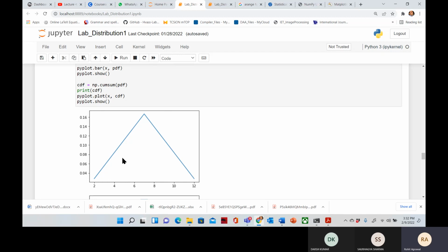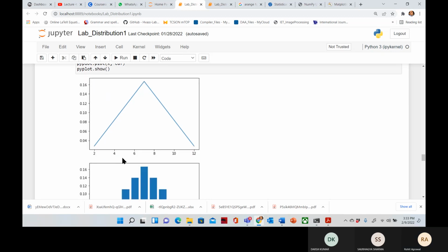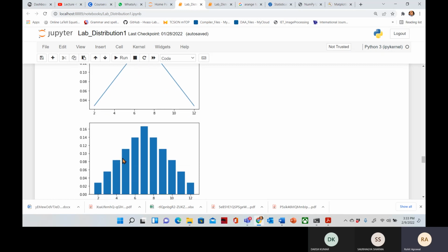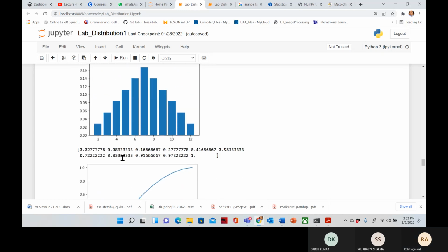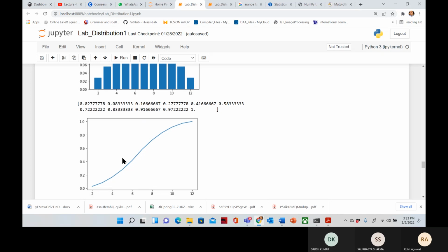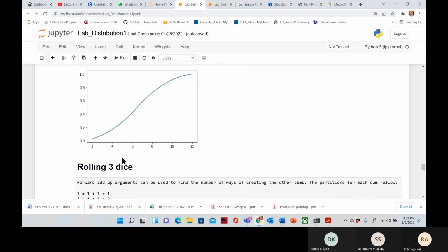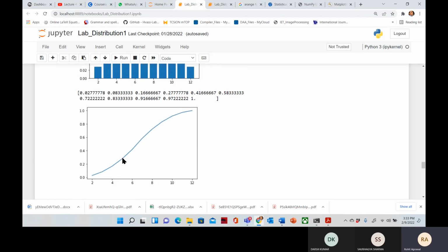The same question. Now we are having the same question, and now instead of 2 dice, you are having 3 dice. I think it will also follow the same pattern. It will increase, and at a point of time, then it will come down. Okay. So just plot that graph, see how it looks. Because I want to show you for 3 dice.